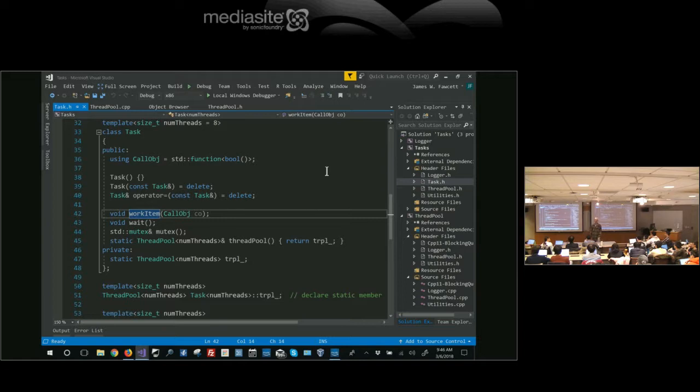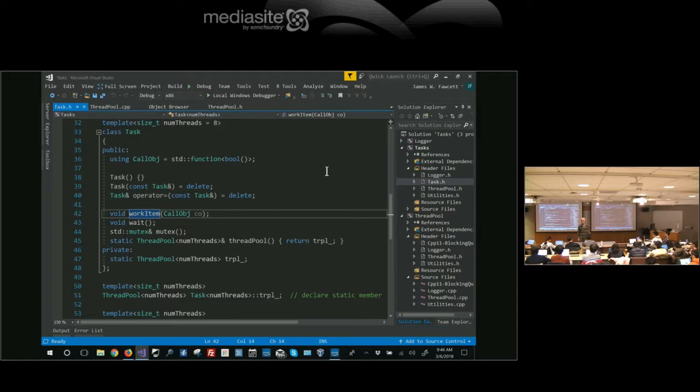But I might have some really important stuff that I wanted to run on a high priority thread. I don't want that important stuff to sit and wait in this queue, waiting for a thread pool thread to get around to servicing it, because in this high traffic environment, that thread pool may have a lot of items in it. So I may want to have a separate thread pool. And so how would I do that?